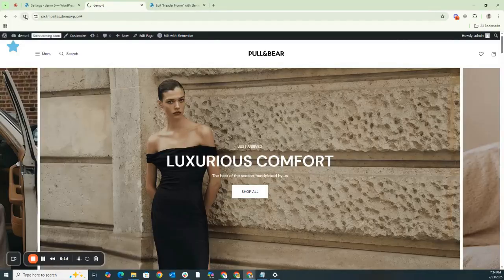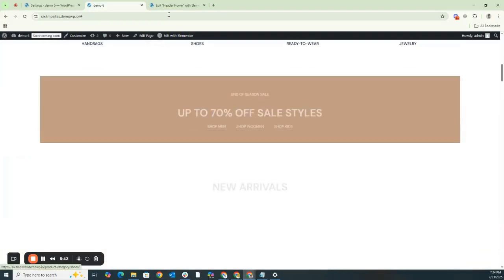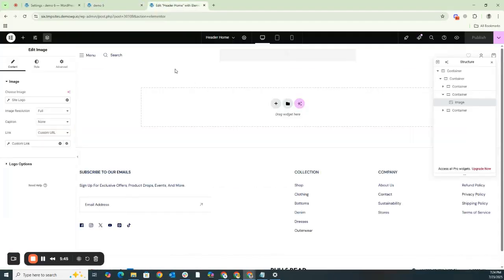After saving, we will reload this page again. We will check whether our settings have been reflected or not. You can see that now when we fetch the pages logo here, our old logo is visible here. So in this video, we learned how to fetch and apply a logo. Similarly, if you want to place it in another part of any other page, you simply need to edit the page with Elementor and add an image tag there.